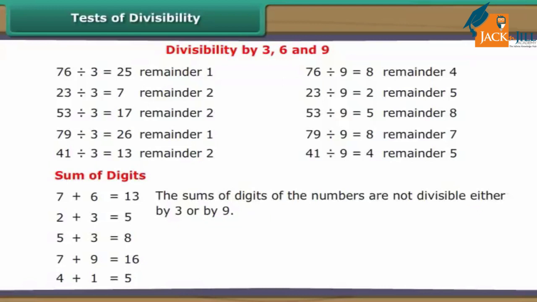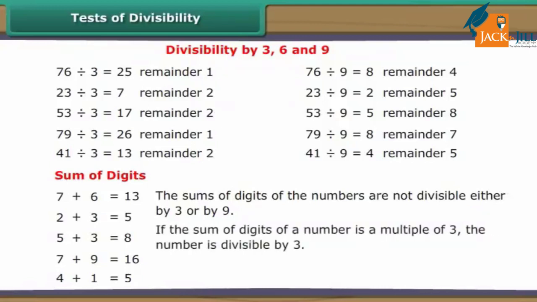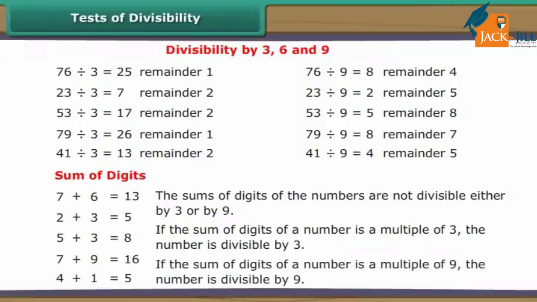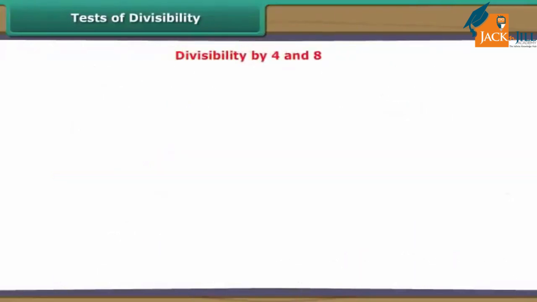Therefore, we can say that if the sum of digits of a number is a multiple of 3, the number is divisible by 3. If the sum of digits of a number is a multiple of 9, the number is divisible by 9. Consider some numbers: